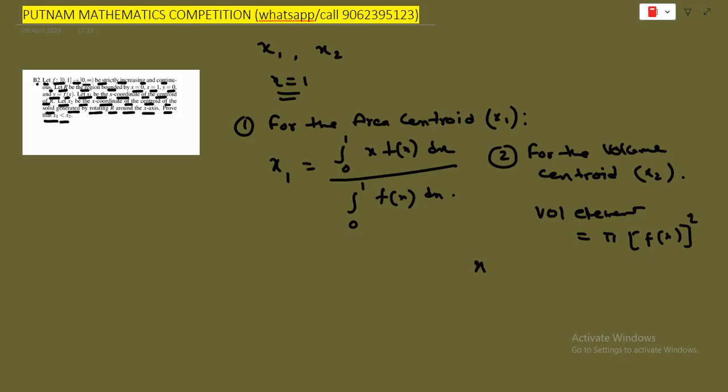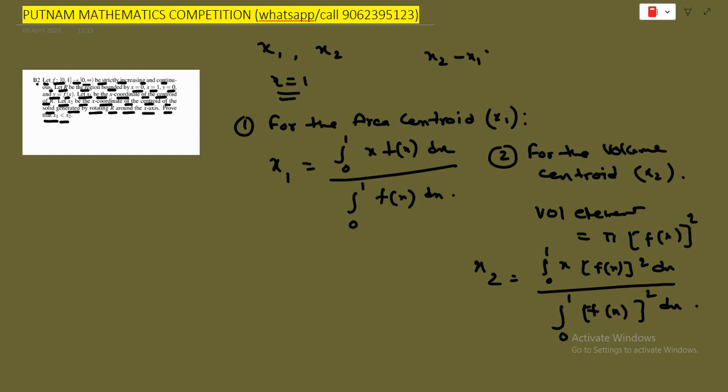So x2 will be what? Integral from 0 to 1 of x (f(x))^2 dx divided by integral from 0 to 1 of (f(x))^2 dx. Okay. Now we need to prove